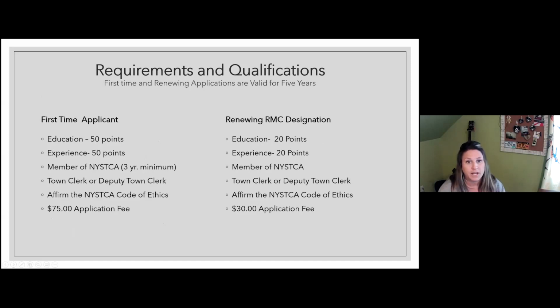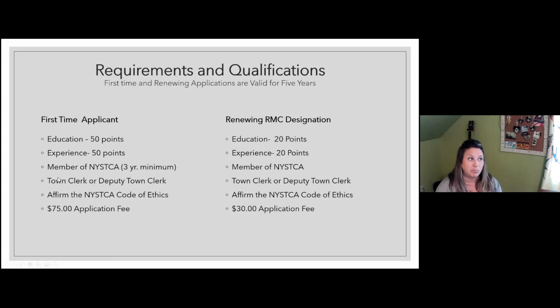So for first time examples, for those applying for this designation for the RMC first time applicants, you have to acquire 50 points in education and 50 points in experience.